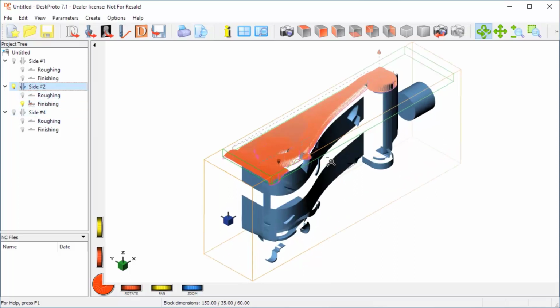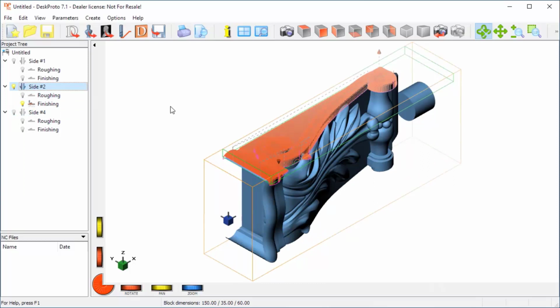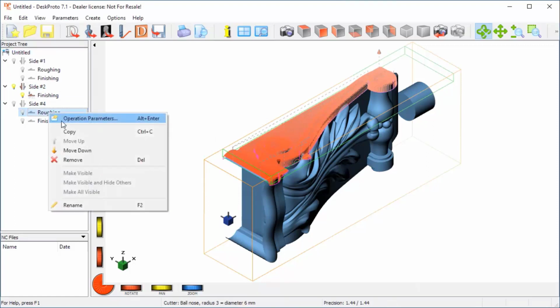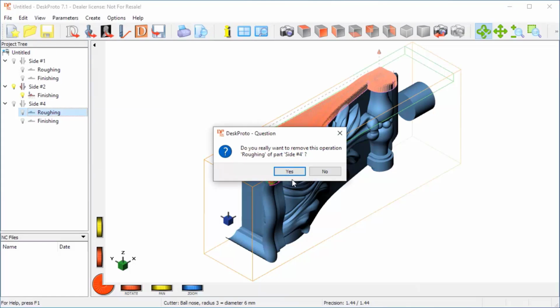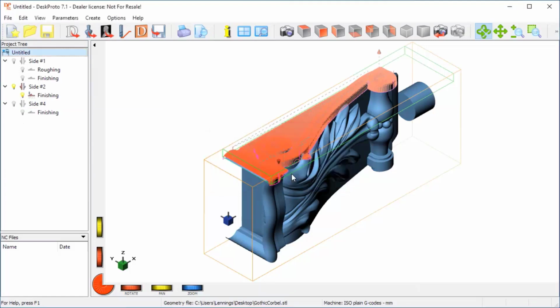That's to say, for this geometry. When you are machining a different geometry, the situation can of course be different. So I will remove this operation, yes, and I will remove this operation, yes. Okay, that's been done, and let me think what I need to do again.